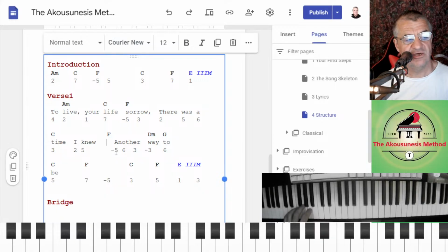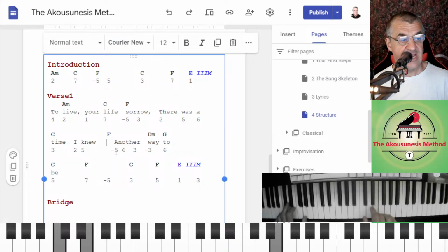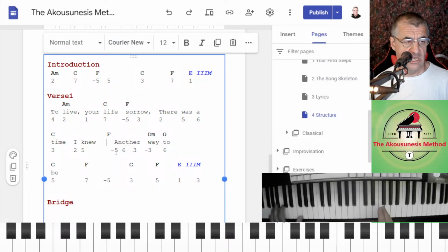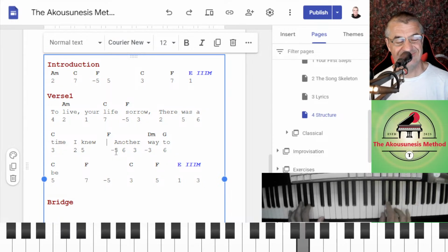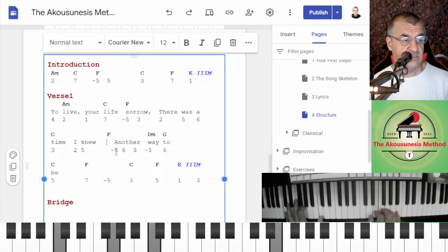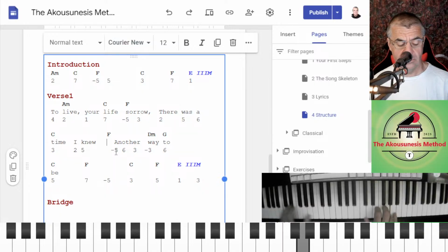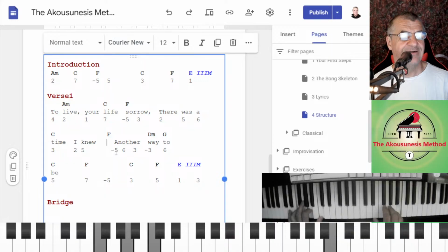How we're gonna do another, right? Time I knew. We could do the anchor on the same note, or time I knew. Another.